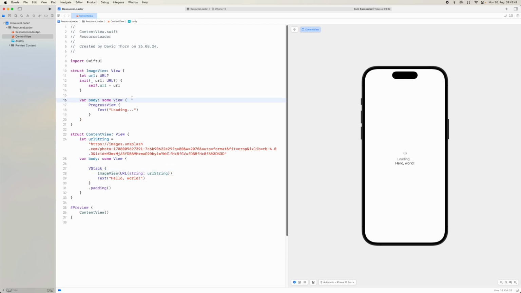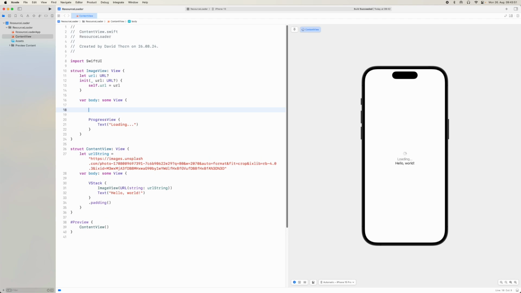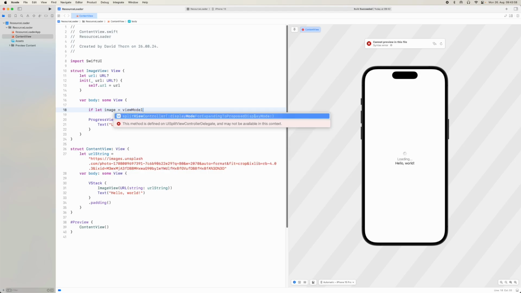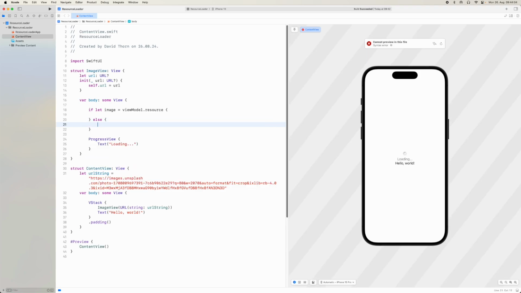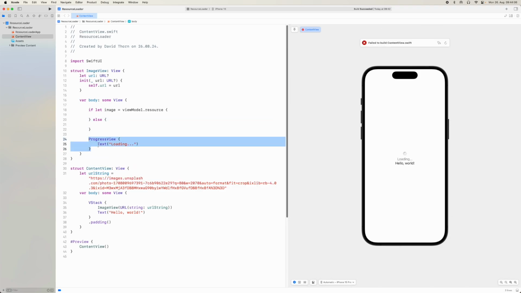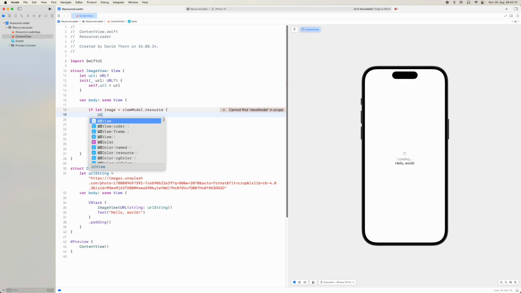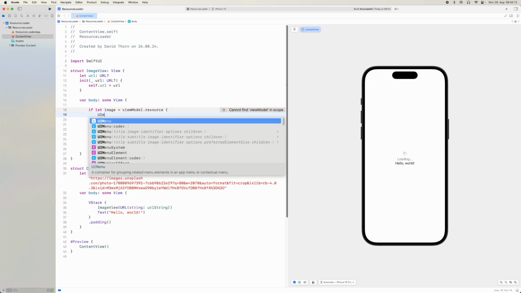So the art of this is to say, hey, if you have an image, and we're going to say view model dot we're going to call it resource. If you've got a resource, then we're going to show it, else we're going to display this progress view. And obviously we're going to add this view model in a minute, and we're going to display a UI image view,